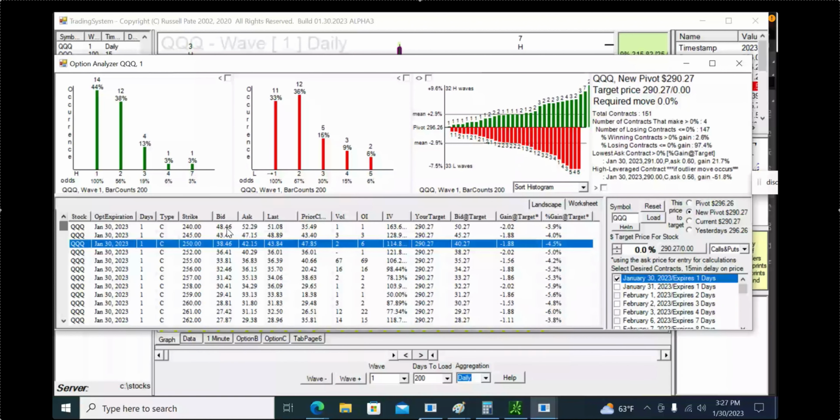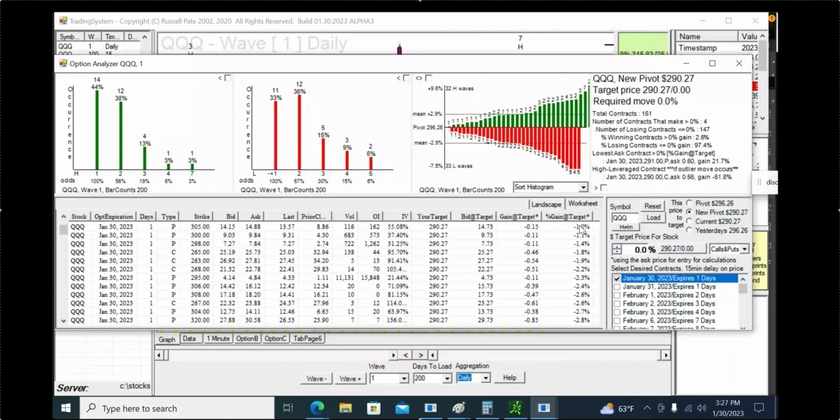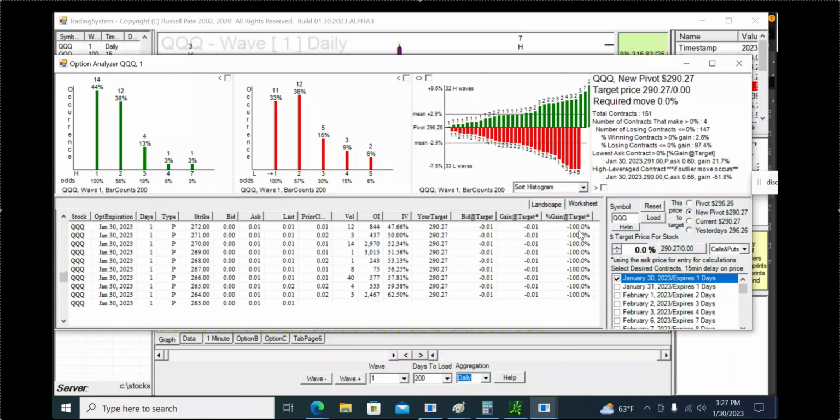Now, out of the 151 contracts, how many of those, based on our reference point, 290.27, are going to make money? You can click on the percent gain at target, and you can scroll down through it,